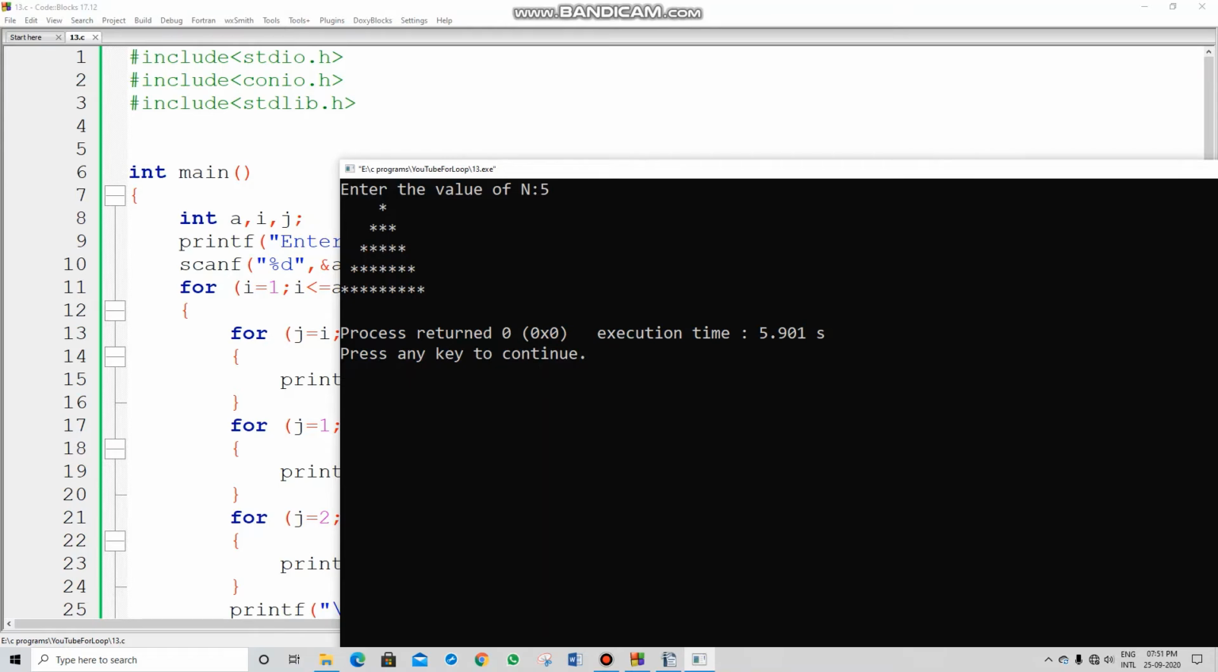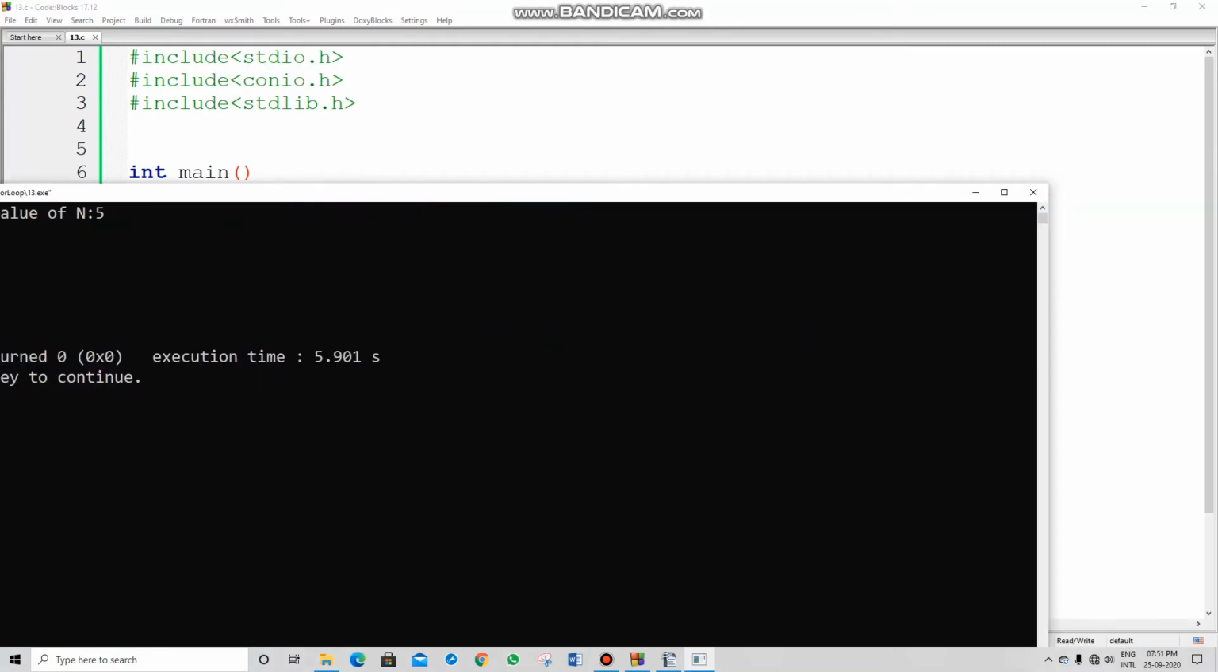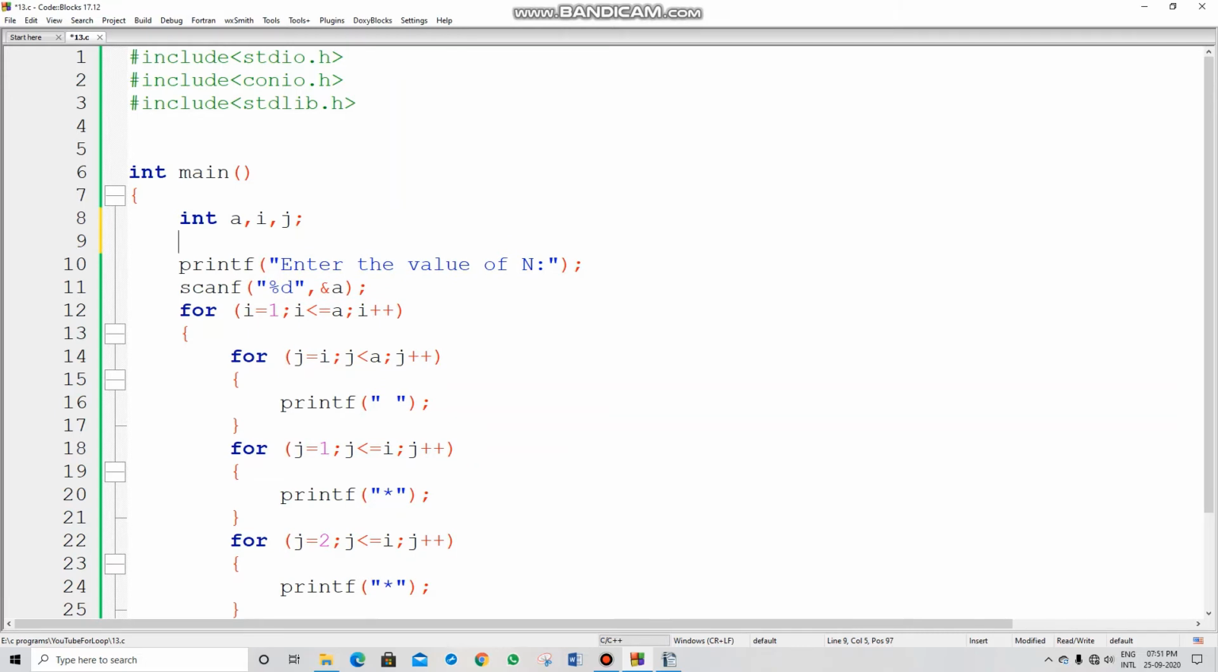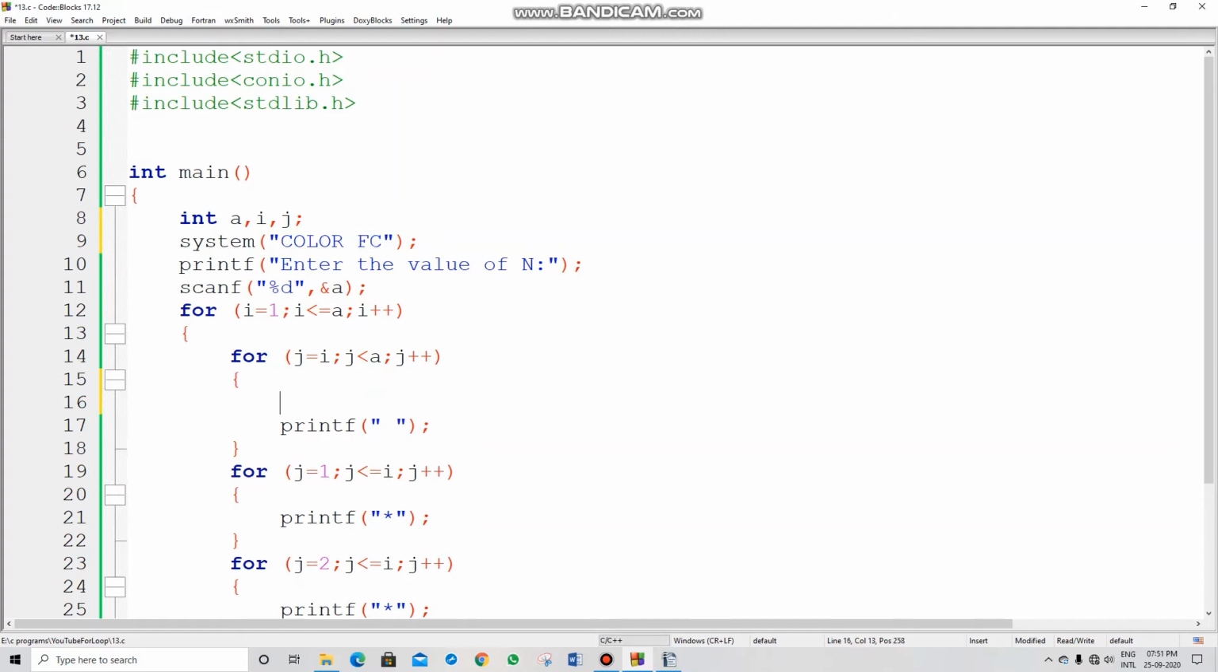Now I said to you that today we will be learning how to include colors also. So now let's see how to use colors. Just remember this output and now see what our output comes. When I write this statement for including colors, we need to write system, and in that we need to write COLOR and then FC. I will be telling you what is FC. Just wait a minute. And inside this for loop, I am writing system, and after that I am writing another time color,